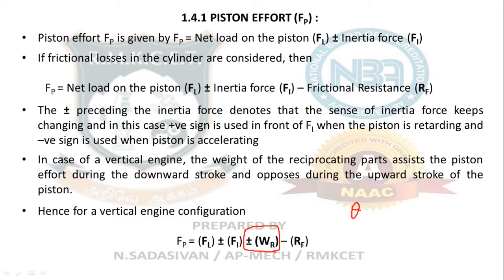For a theta value of 0 to 180, you will put a plus sign for WR because the piston is moving from up to down, and gravity helps you. Similarly, for a theta value of 180 to 360, your piston is moving from down to up, therefore you put a minus value of WR because gravity is not helping you. You are doing some work and lifting the piston against gravity, therefore that much work is subtracted from the energy you receive from fuel. For one half of the cycle, gravity helps you. For the other half of the cycle, gravity does not help you.